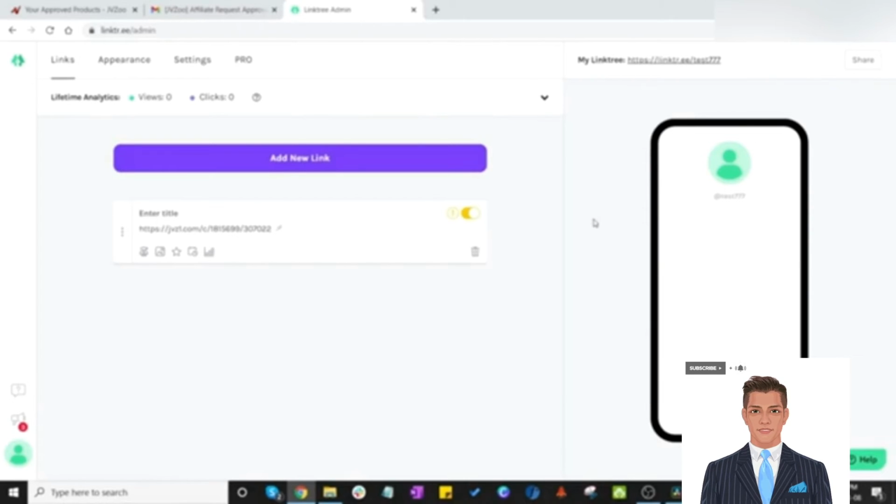Then you're going to give it a title. Make this title something simple that people will know and search for when they come to your Linktree. When you're done, click outside of the box, and you'll see a preview of what your Linktree will look like. Now that you've done that, we're going to move on to the next step, which is to start sending free